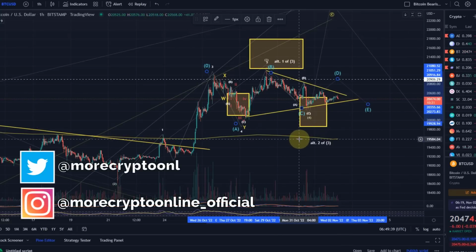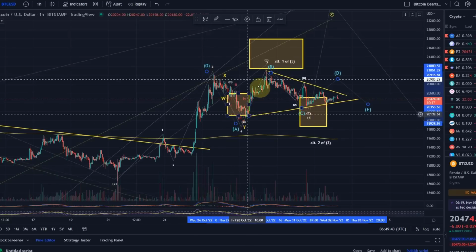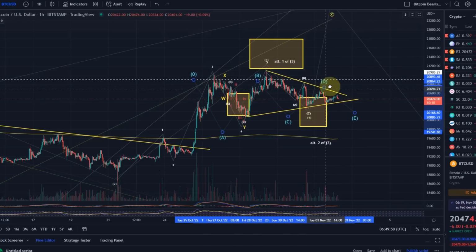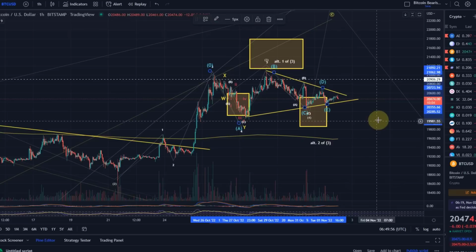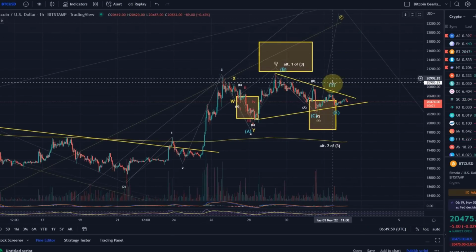Not really much to add to my last video, where I showed you this triangle here. We can count it as an Elliott Wave triangle as well. That would in the end be expected to break to the upside. Now there's a potential to say wave D was already in, and then we would say wave E was maybe in already, and we're going to break out to the upside from here.